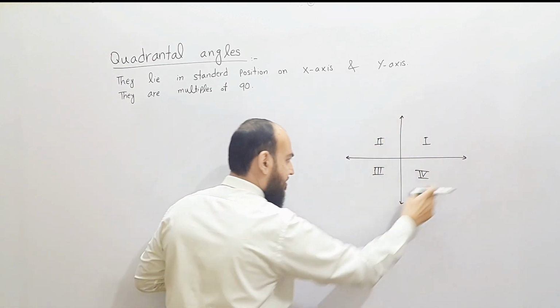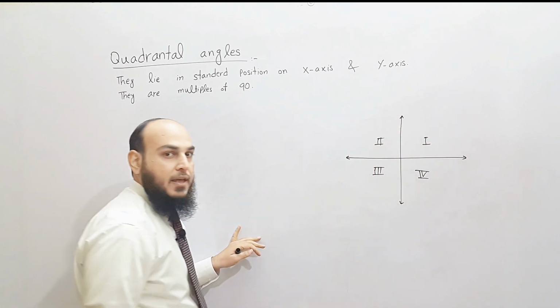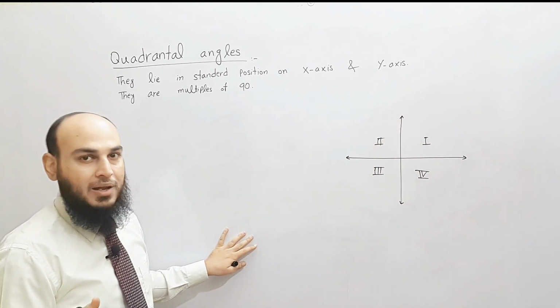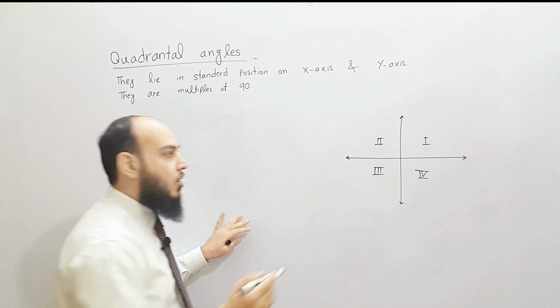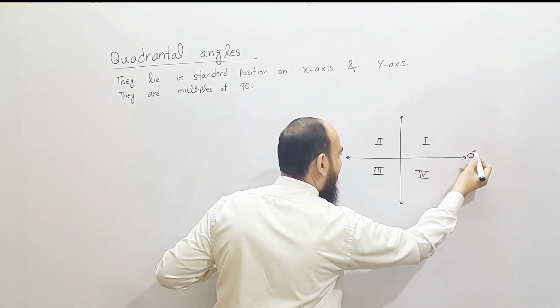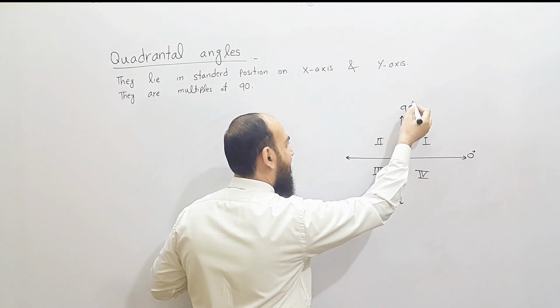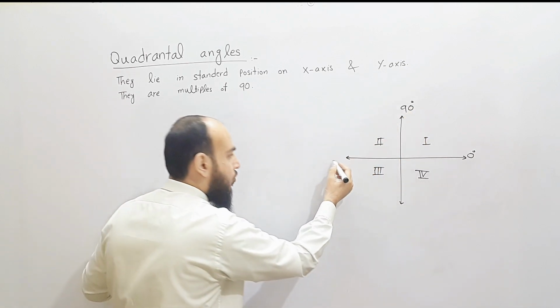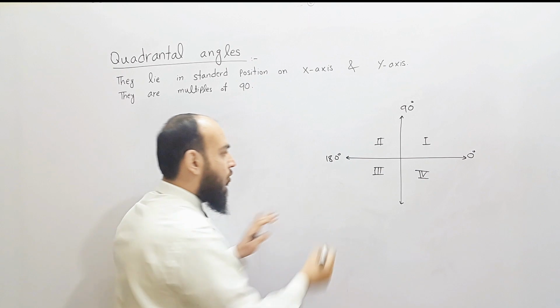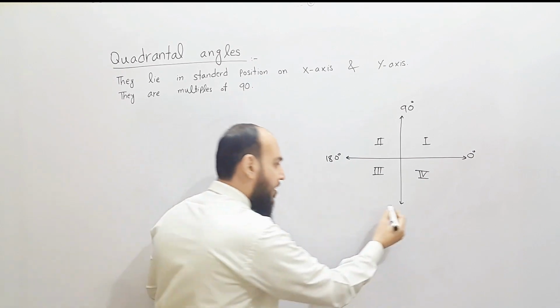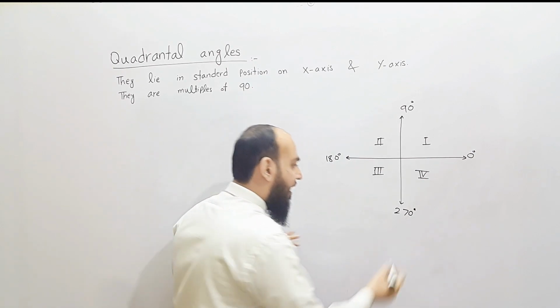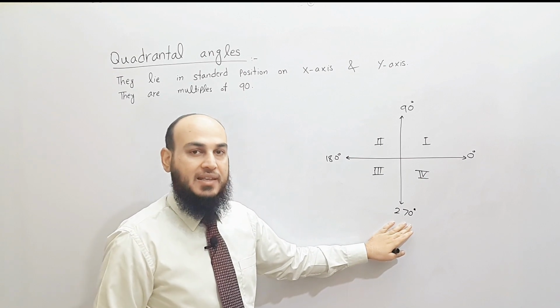These edges, okay? And they are also multiples of 90. Here is 0 degree, and then 0 plus 90 you will get 90 degree, and 90 plus 90 you will get 180 degree, and 180 plus 90 you will get 270 degree here, and 270 plus 90 you will